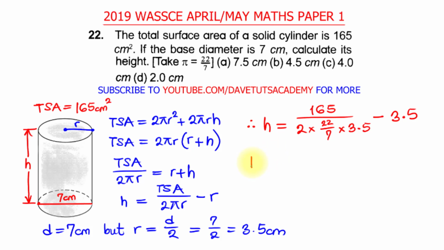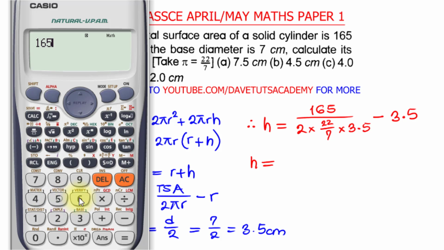And then if you are to solve this, we can just say 165 divided by, now look at this, we have 2 pi r. r is 3.5 times 2, that is 7, and I know 22 over 7 is pi, so I can just say it is divided by 7 pi, and to get pi I need to use the shift function and use this times 10 raised to the power x button. You can see pi is written in gray and shift activates all those things in gray, so you can see that 165 divided by 7 pi, and if I press equal to, this is 7.503,